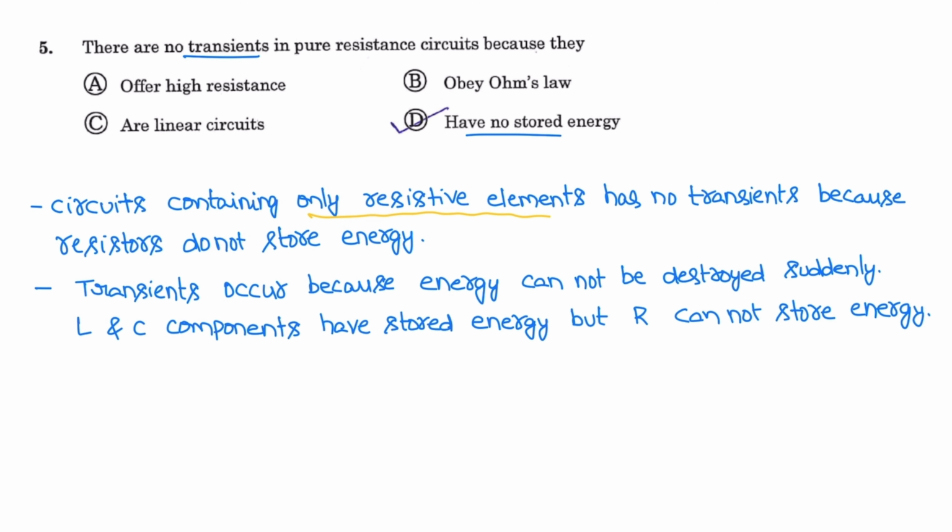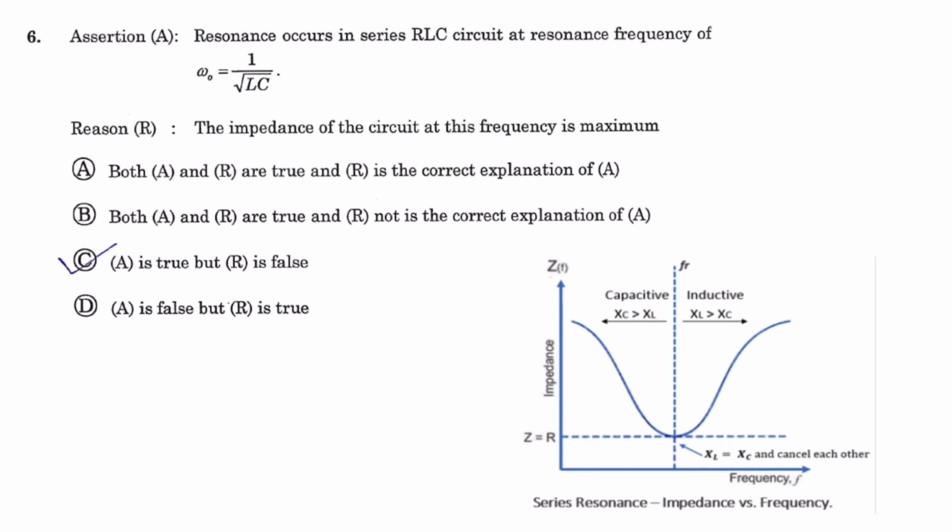Next question. Resonance occurs in a series RLC circuit at the resonant frequency omega naught equal to 1 by root LC. This assertion is correct. The impedance of the circuit at resonance is maximum. This is wrong. At resonance, impedance Z is minimum, and the minimum value of impedance is equal to resistance,